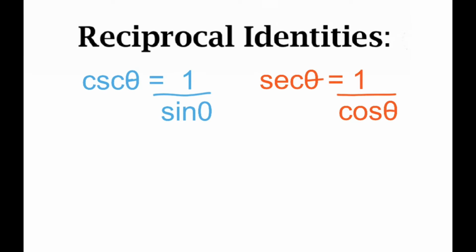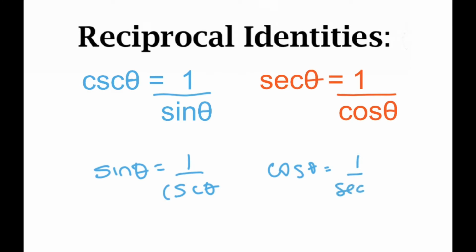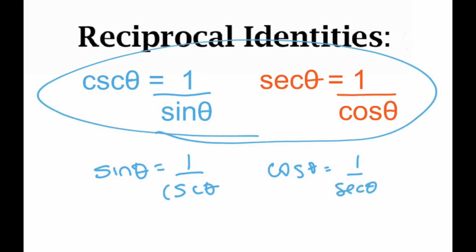These two that I've got listed here, cosecant of theta is equal to 1 over sine theta, and secant theta is equal to 1 over cosine theta, are two that you are not as familiar with. Of course, the follow-up of that is that sine theta is equal to 1 over cosecant theta, and that cosine theta is equal to 1 over secant theta. Those two are not really that important, because if you know those two, then you'll have what you need